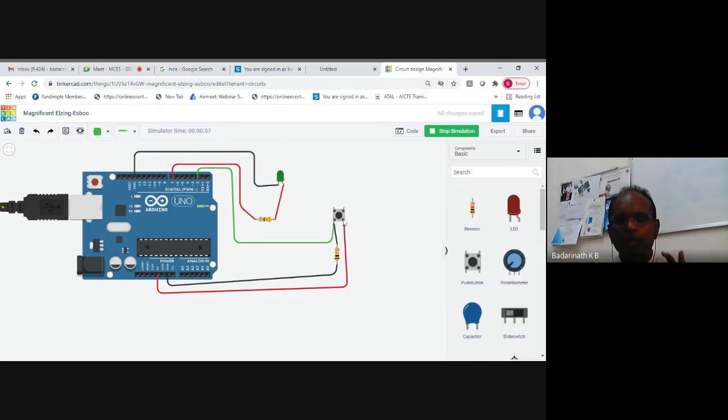I use a pull-down concept. Look here, whatever voltage is available at this point will be conveyed at this point. Yes or no? Now, if I don't press any key, this wire is open to air, and noise can be picked up at this point. To make sure that 0 is always conveyed at this point, I will connect it to the ground.